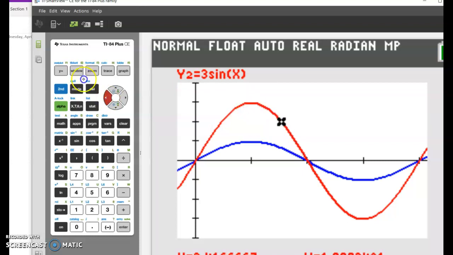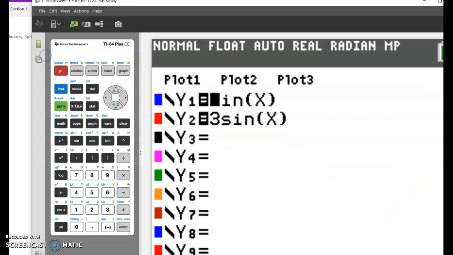It oscillates up and down about still the center line, y equals 0, but it now goes up 3 instead of up 1, as in the normal blue sine function. Right? Now we're going up 3, and then from the center line down 3. Okay. So a coefficient of the sine affects the amplitude. It either stretches vertically, increases the amplitude, or how do you think we can compress the,